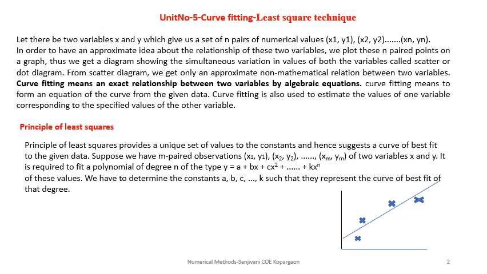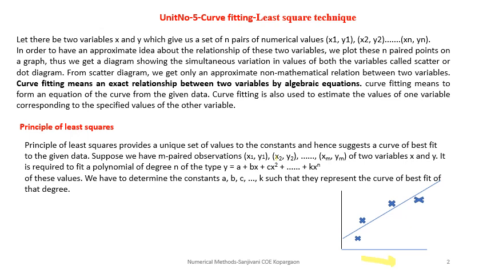So what exactly is the principle of least square? As you could see in this diagram, there are several points which are spaced. On the x-axis there is an independent variable, and on the y-axis there is a dependent variable. So x1 y1, x2 y2, up to xm ym are the points which we obtain.